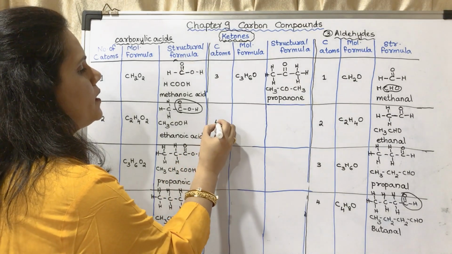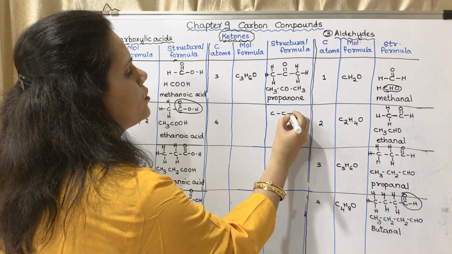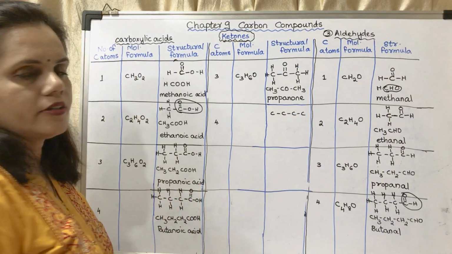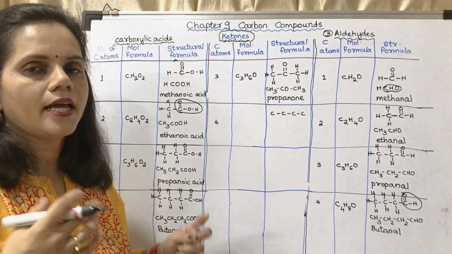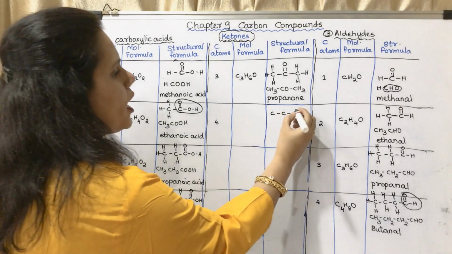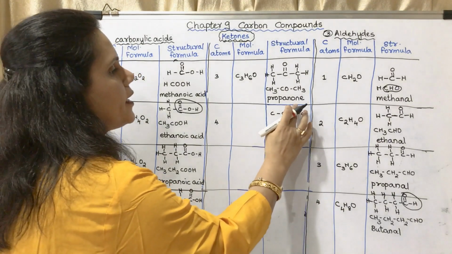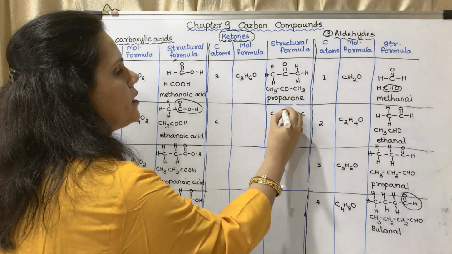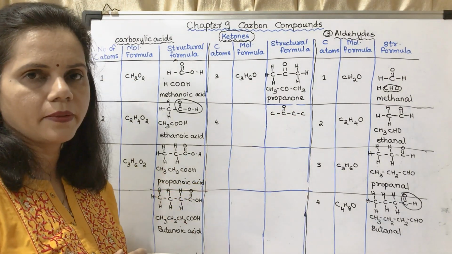Now the next will be with 4 carbon atoms. Now here I will draw the 4 carbon atoms first. Now the condition is it should be having double bond in the middle and C on both sides. Now I may write this double bond here. Okay, I can write it here also. I can write it on this carbon atom or on this carbon atom.